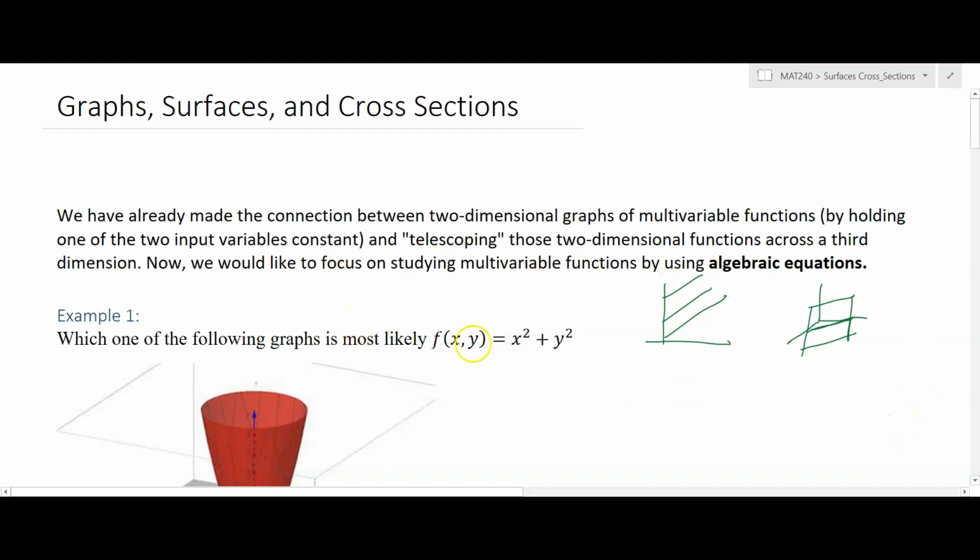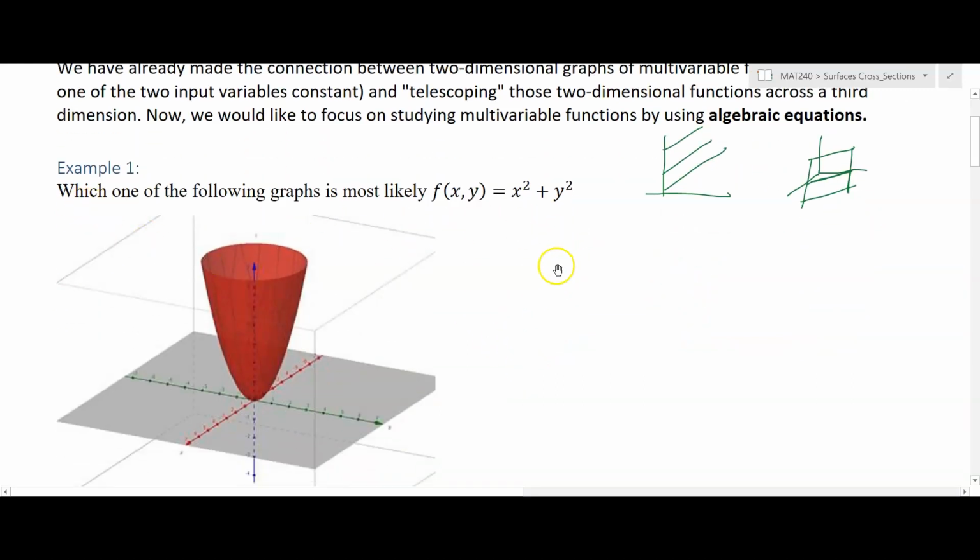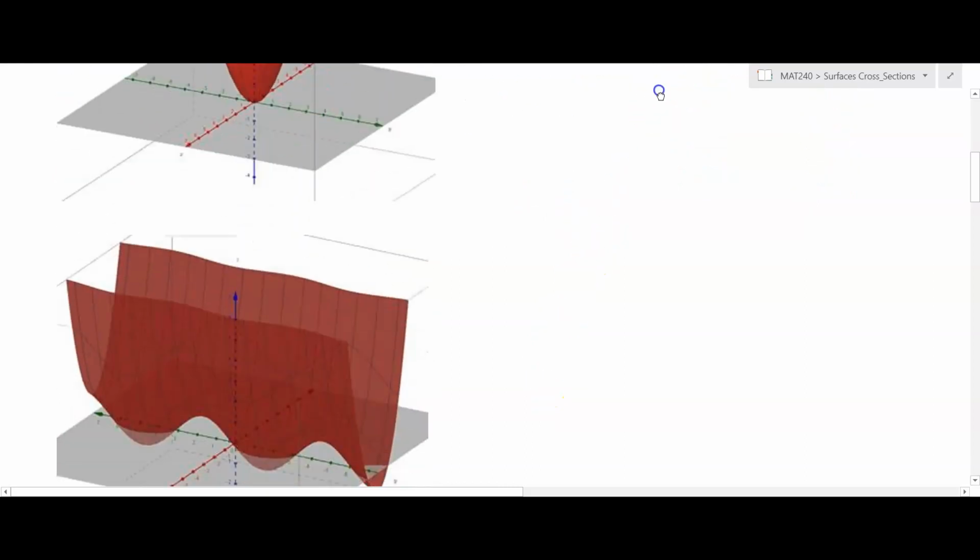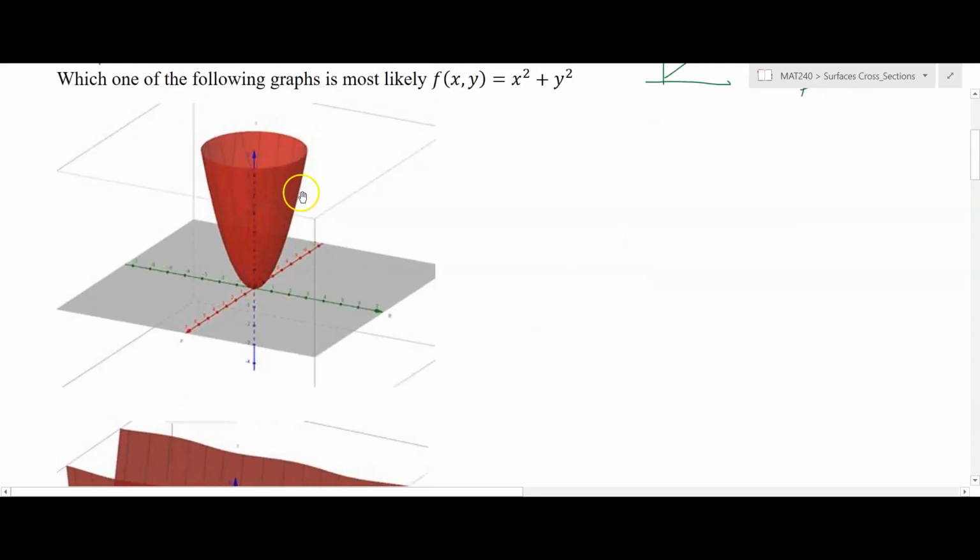What we're going to do now is take a look at algebraic functions, situations where a function is defined by an algebraic expression. So how do we identify a graph? For instance, which one of these below is most likely going to be the graph of z equals x squared plus y squared? I have two graphs, and one almost looks like a parabola in 3 dimensions. This one actually has the name paraboloid,